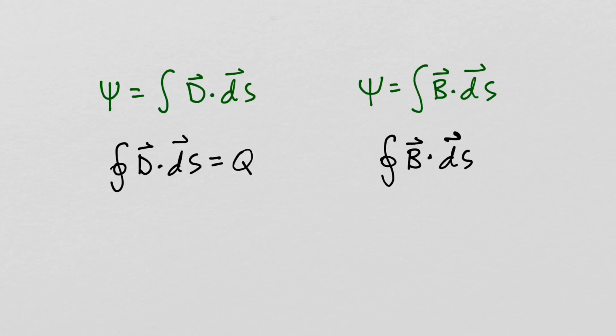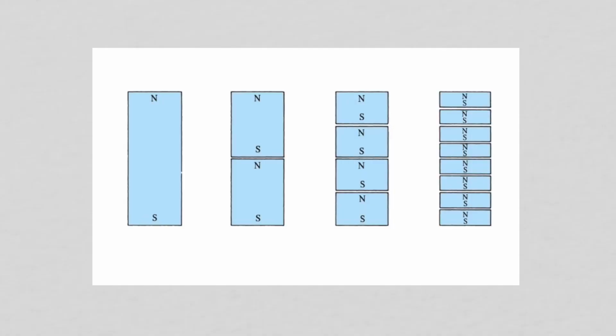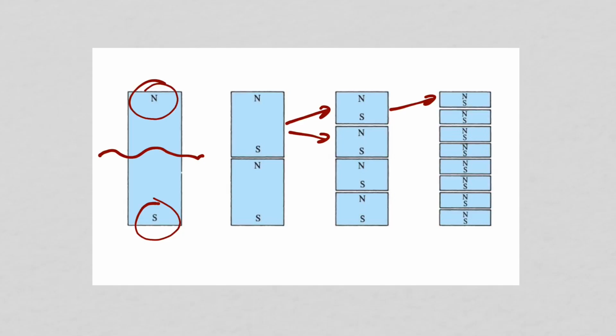You have all played with magnets, and whether intentionally or accidentally, you've broken them, and what you found is that you didn't get a north and a south pole. What you ended up getting was 2 magnets. And if you kept taking one of the pieces and breaking it, you would always end up getting 2 magnets. In fact, if you got down to, say, an individual iron atom, you would find that that iron atom would act like a little magnet.